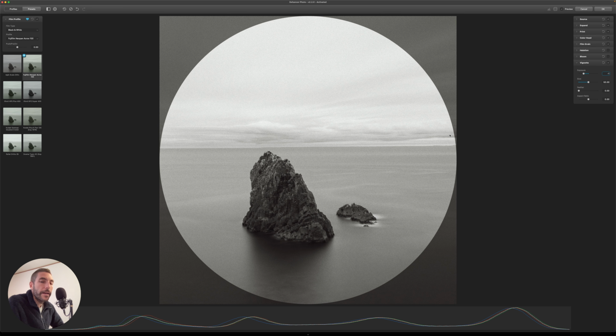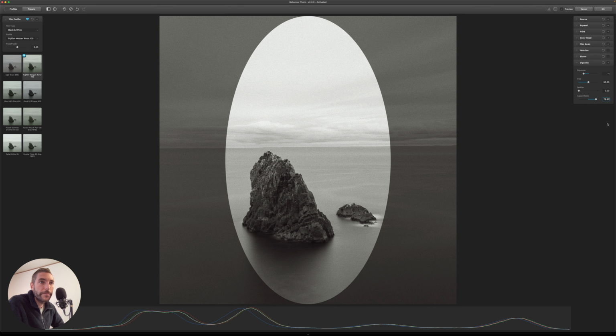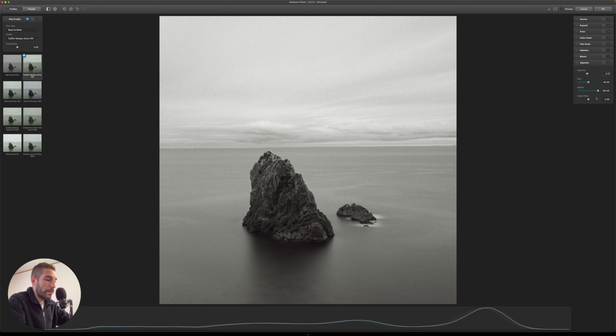And then I like it round, but you can change the aspect ratio and make it more oval, either vertical or horizontal. In this case, I prefer the normal one.